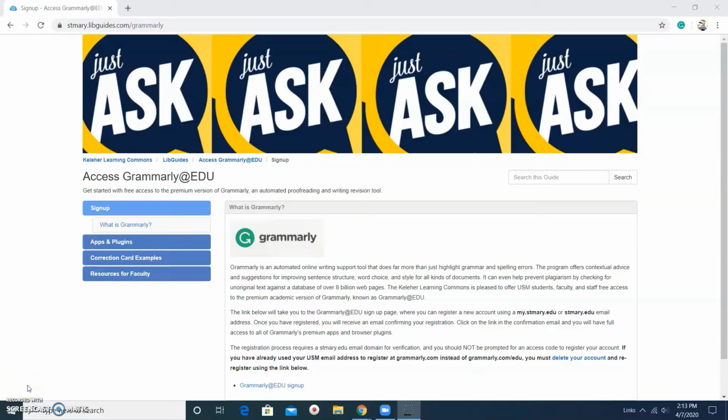Let's talk about Grammarly. If you're not familiar with Grammarly, it is an online writing support tool that does way more than just highlight grammar or spelling errors. It can check your sentence structure, word choice, and style for all different kinds of documents. It can even help with plagiarism by checking through multiple databases across different web pages to check for similarities. Basically, it's a tool to help you be the best writer you can be, and the great news is that